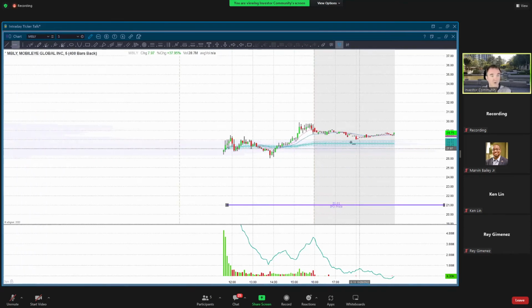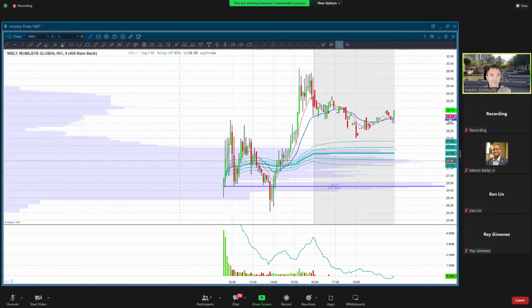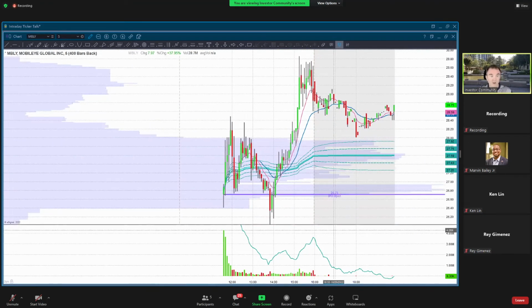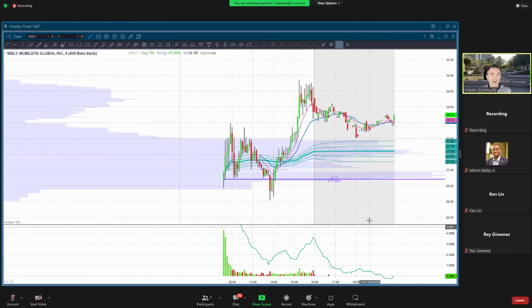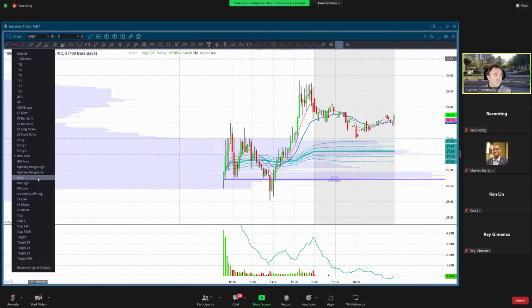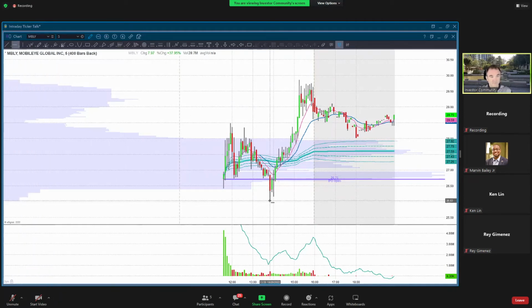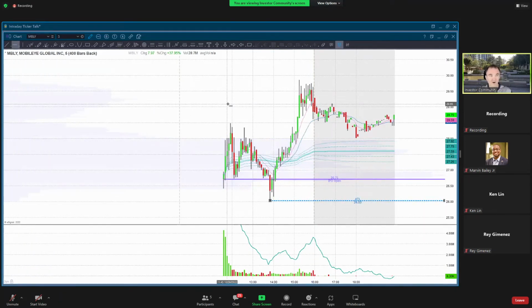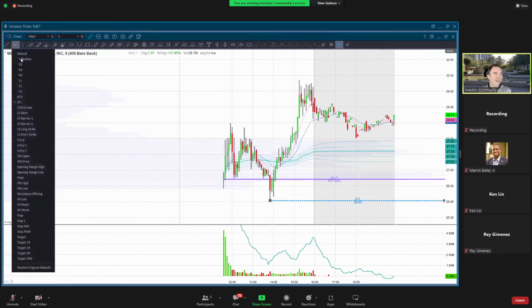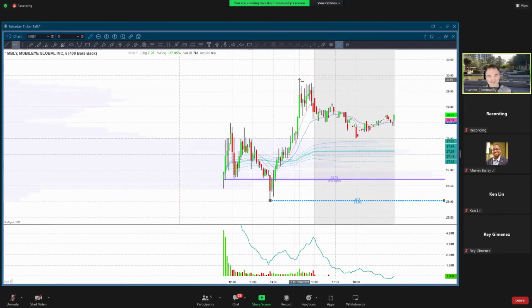I want to put in the IPO open, which was right here. Want to know where that level is. So here are two really important levels, and you can see we have interaction with those levels. The first time this came down, it respected that IPO open price, and it respected it a little bit here, but then it broke through. When it broke through, it put in an all-time low, so I'm going to draw that in. So there's our all-time low, and we'll also want to get in the all-time high.